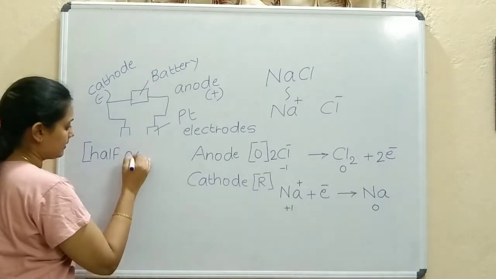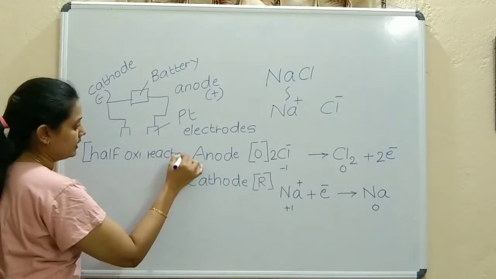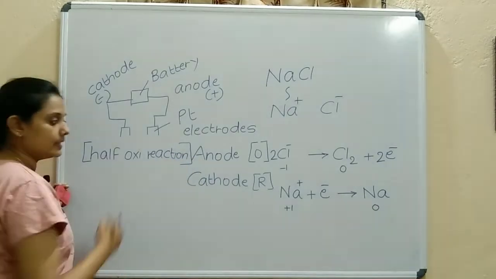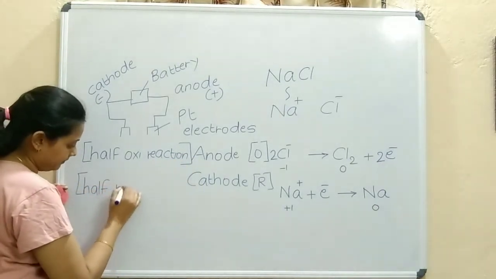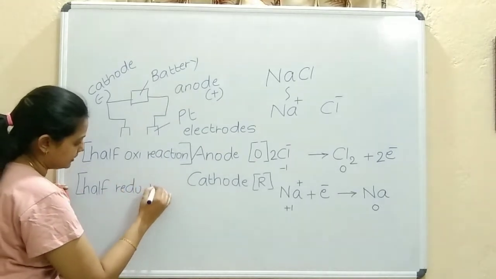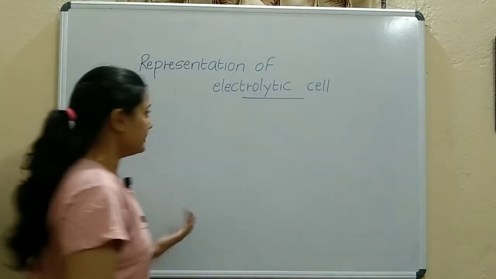Half oxidation reaction, because it is half only, right? And at the cathode, reduction takes place. So we can write it as the half reduction reaction. Okay. Next is representation of